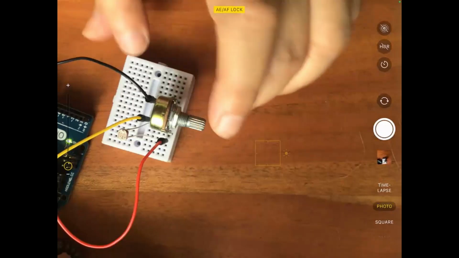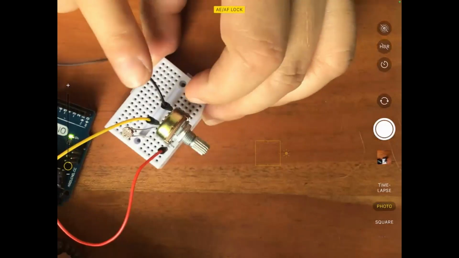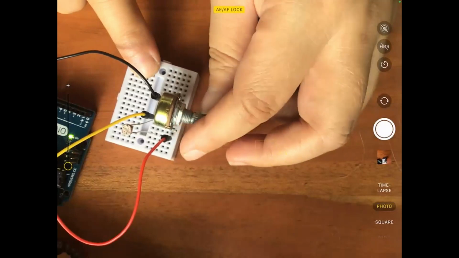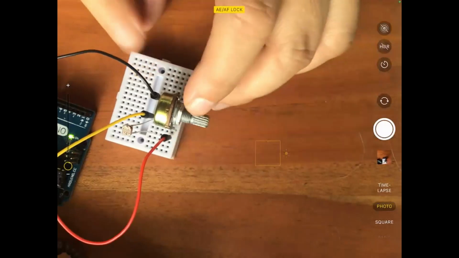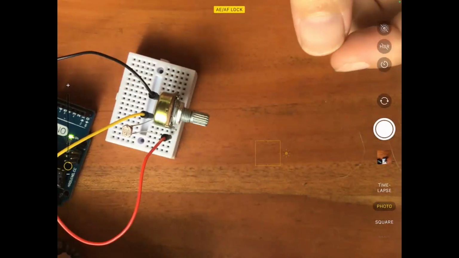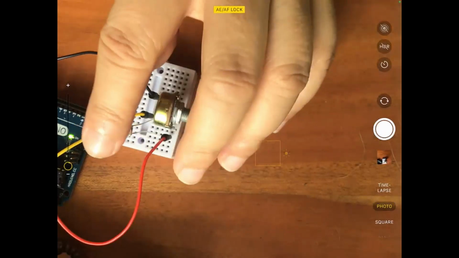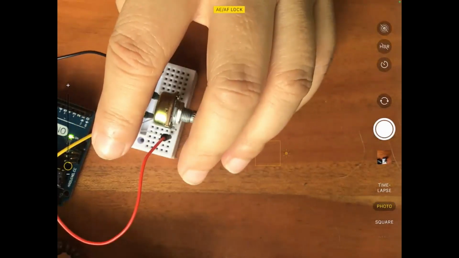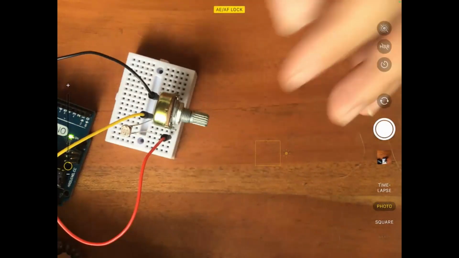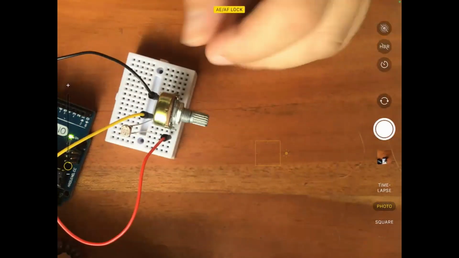What if ilagay natin itong ground dun sa gitna so ma-adjust natin yung range ng LDR natin. So, kasi ang lumalabas sa akin is hindi siya bumababa malapit sa zero. The lowest value, if I cover this, is 222. Not nice because I am not able to explore the full range of the